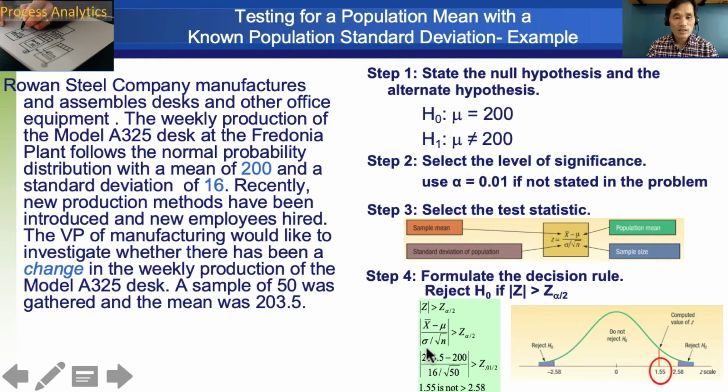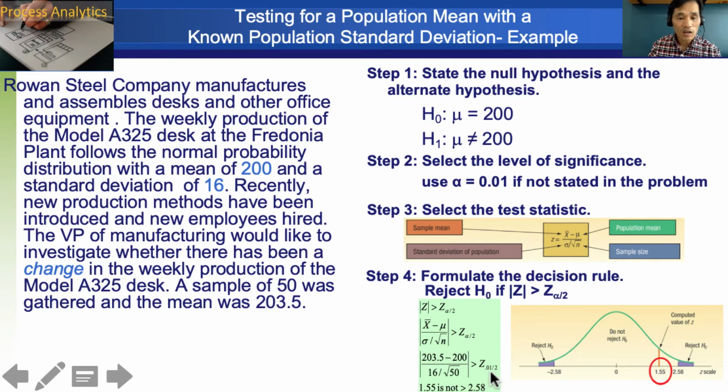Then what we find is the x bar is 203.5. The sample mean that we find is 203.5 right here. And mu, we are assuming mu is 200. There's a change or not, right? That was the mu. So put that here, 200. And sigma is 16, right? It's given over here. The standard deviation of the population is given as 16, so we put that here. And the number of samples is 50, so you put it into the formula right here, and then you get